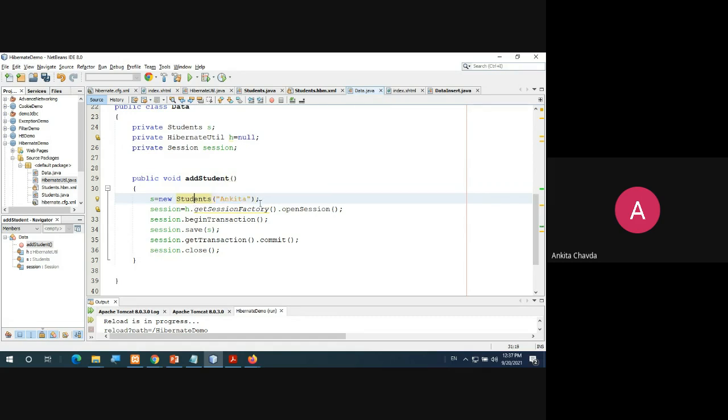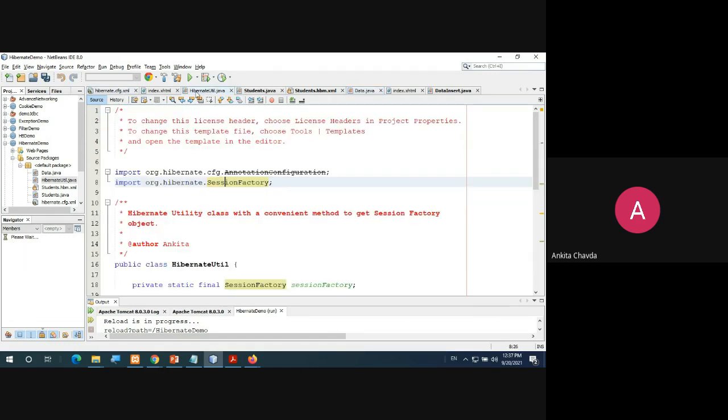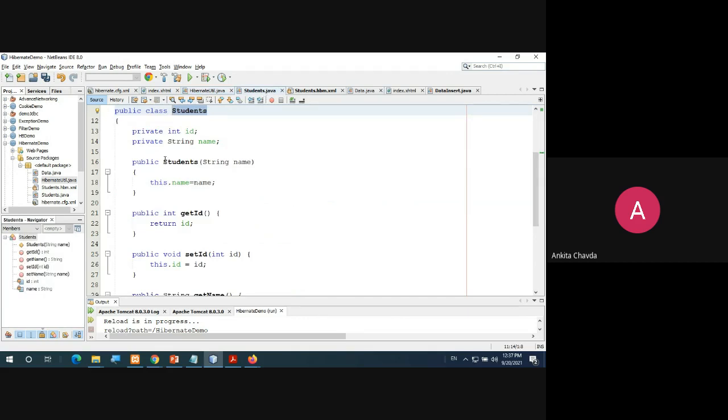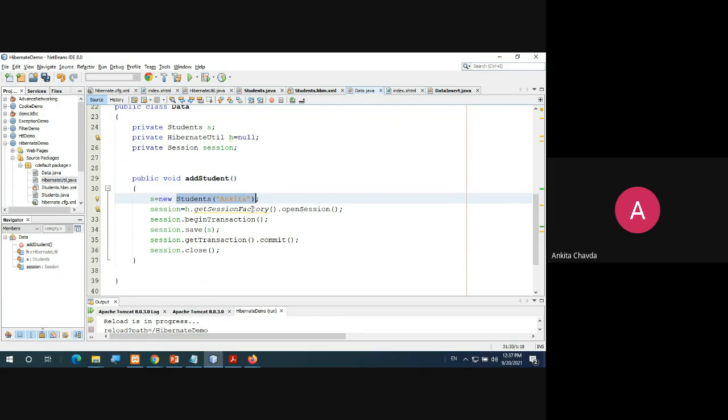Where will this go? It will find the constructor in Students.java, which you have already mentioned: Students string name, this.name equals name. So it will find that constructor over there.